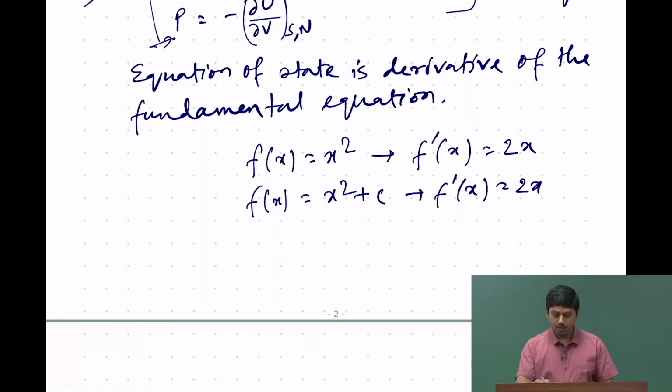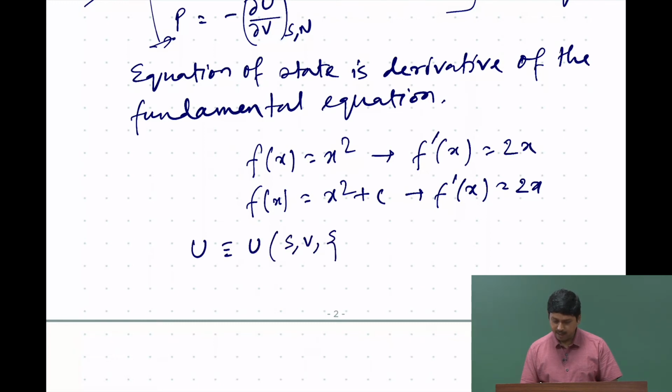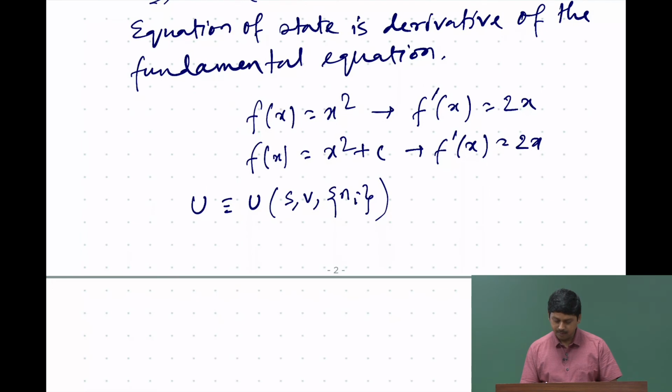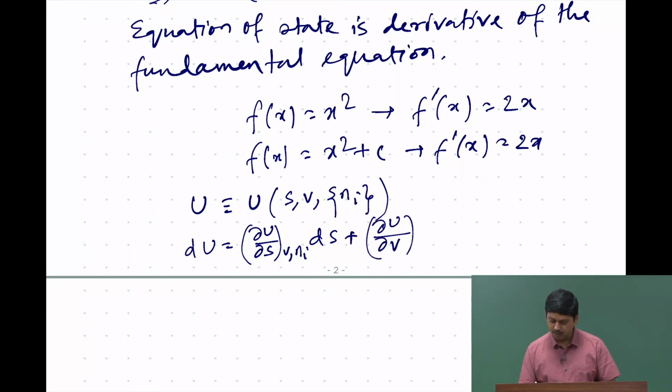Now that we have talked about that, we can extend this to more than two components, to a multicomponent system, and in that case generally we can write U as a function of S, V and n_i, where i goes from 1 to the number of components. In that case we can simply write dU as del U by del S at constant V and all n_i, dS, plus del U by del V at constant S and all n_i,